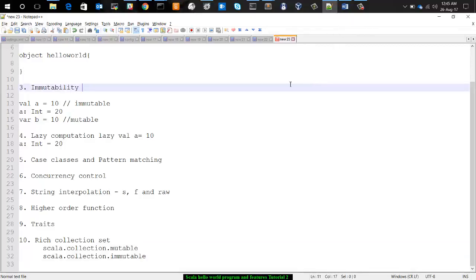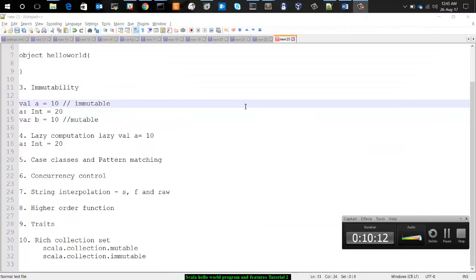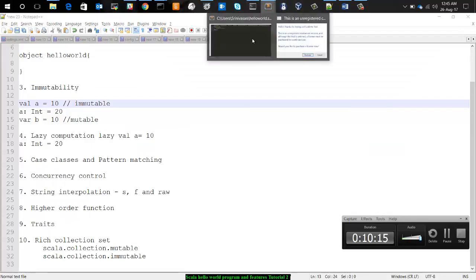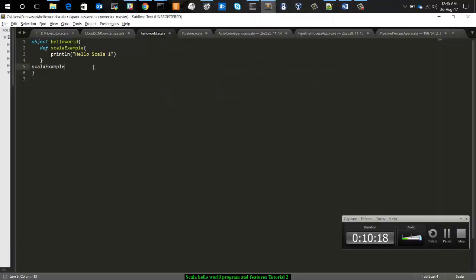Now we can go further and see the first Hello World program in Scala. I am going to write one first Hello World program. Let's see. I am creating one object, HelloWorld. Then I am creating the main method.